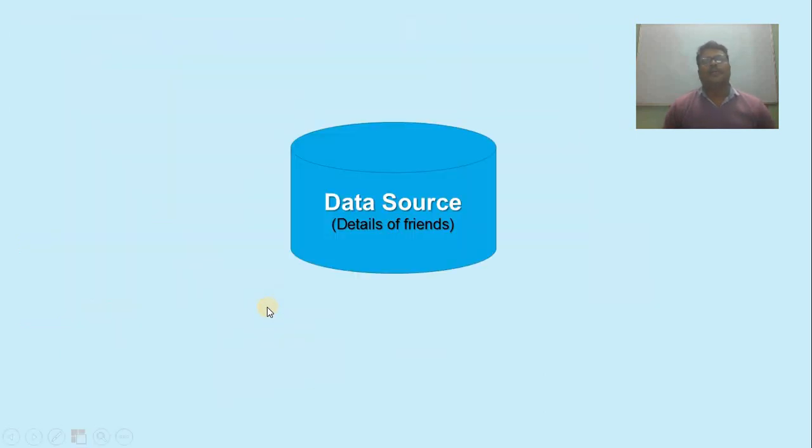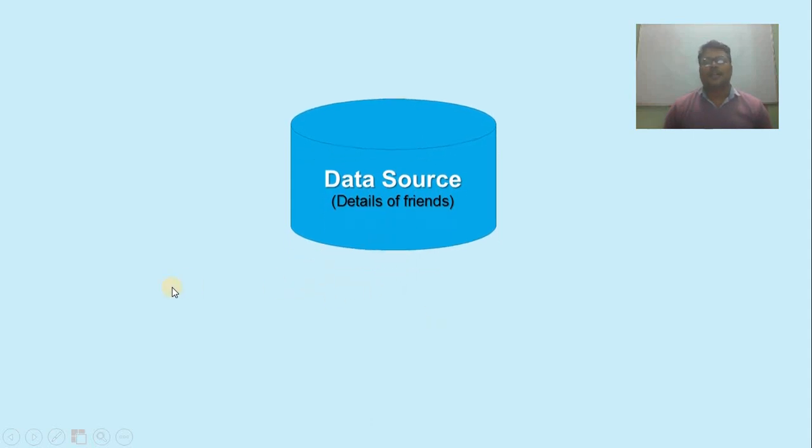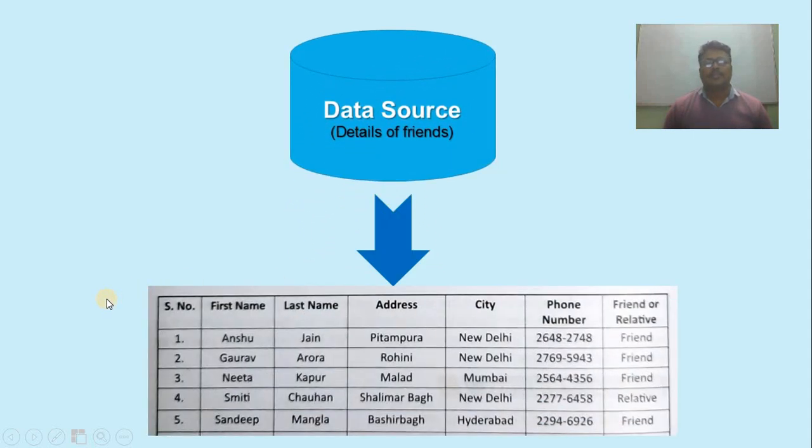So you see here, first, data source means what? The details of the friends or relatives, whatever records you have, of the people whom you want to invite to your celebration, your program. That is the list of the details of the persons. Here I have written 5 related records of the people I want to invite to our program, our celebration, our occasion. These records of the people are known as the data source. That means whom you want to invite, the address, details, phone number. All these records are known as the data source.